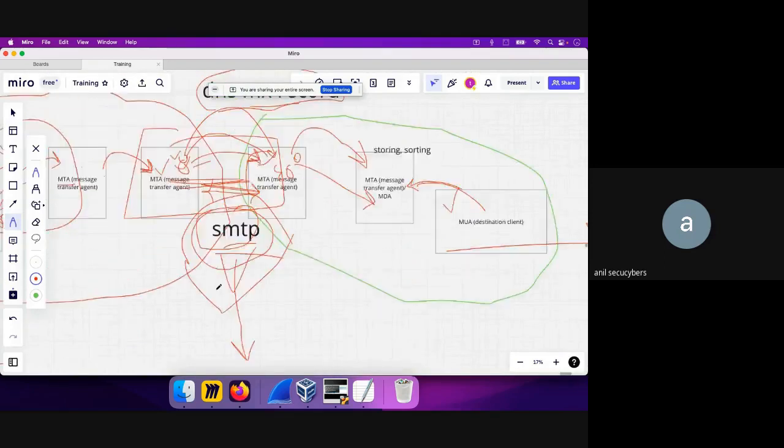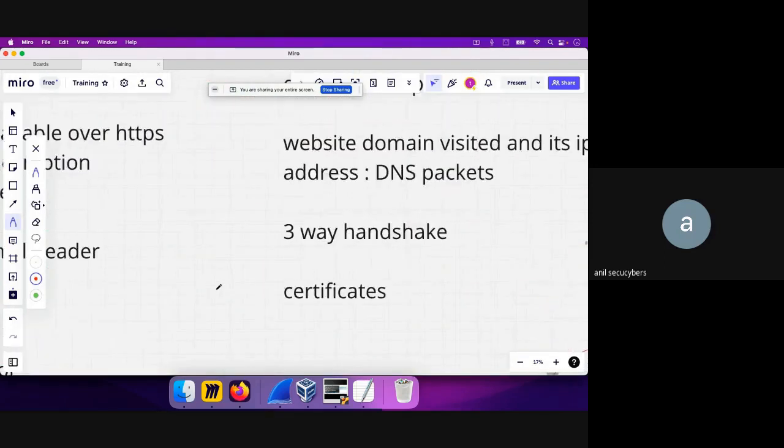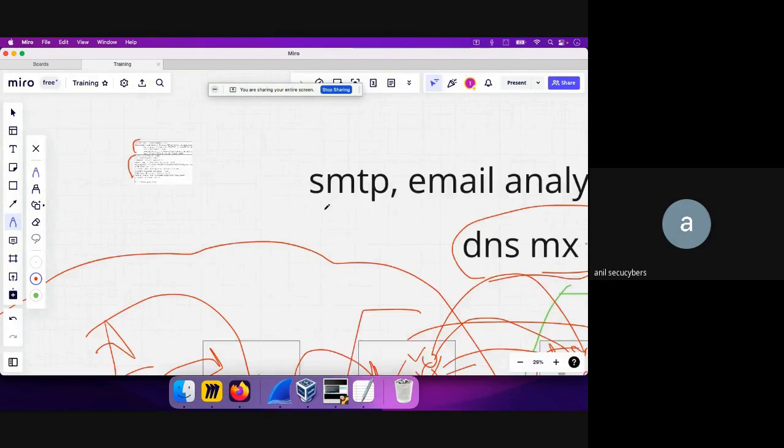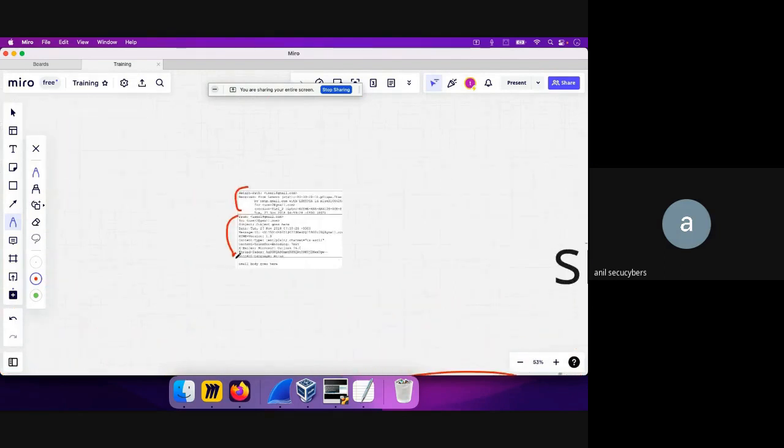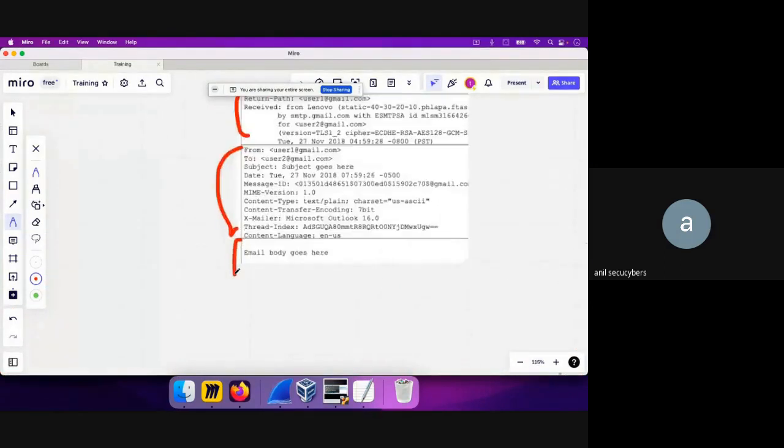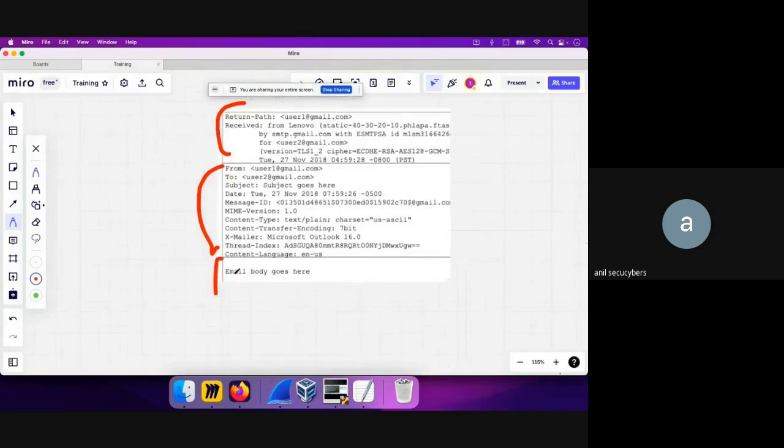Email body. Okay, so this is the email body over here. This is how you can separate out any kind of header. Okay, and guys, before deep diving further into the email header analysis, I want to